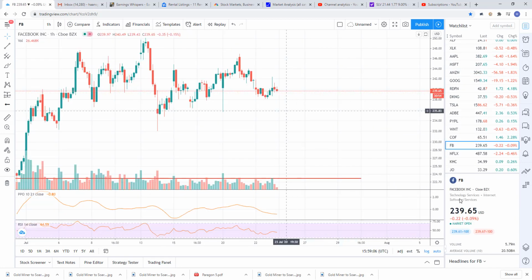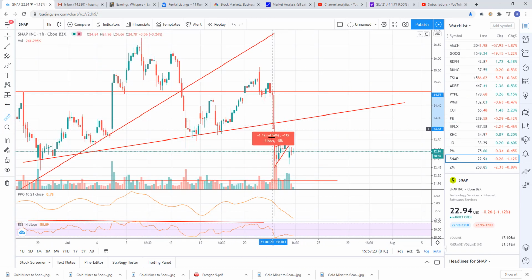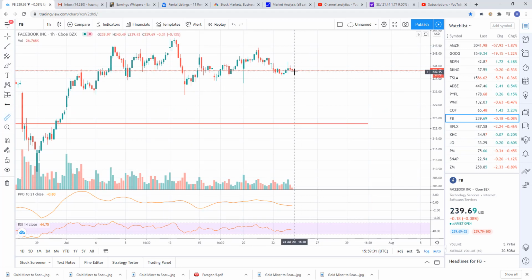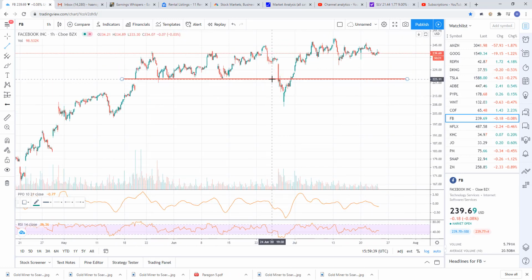And here's Facebook. Facebook's not too weak. Facebook's about even. But Snap just reported weaker advertising revenue. Snap took a hit. Here's Snap. Here's their earnings report. They did earnings here, and it took an 8% drop on their earnings based on weaker advertising. So pretty sure that's going to affect Facebook as well. So I would look for a gap. Facebook's got this plateau of support up here. So you need to see it break this 223, I think. So a gap down to 223, something like that.